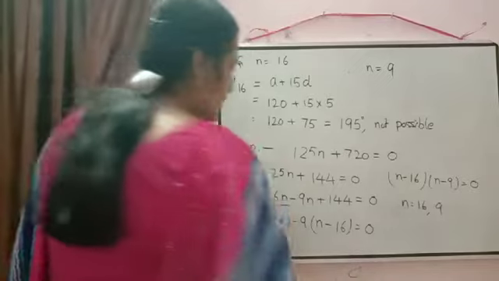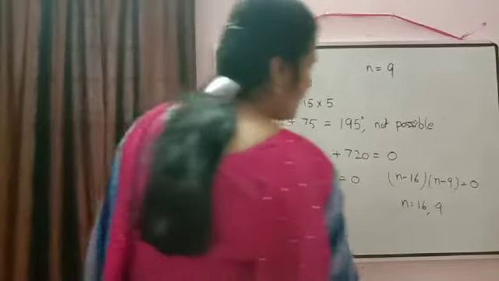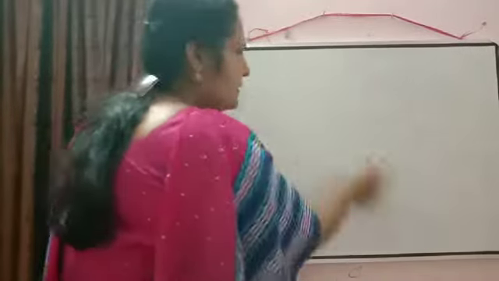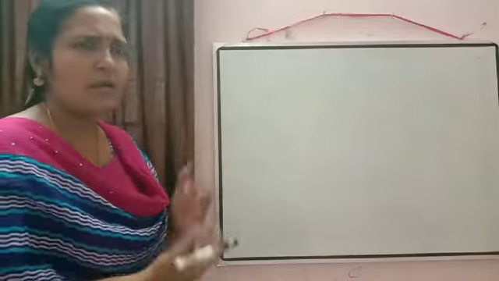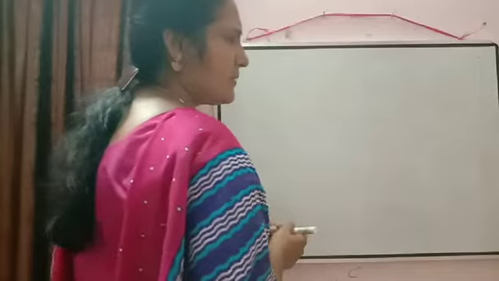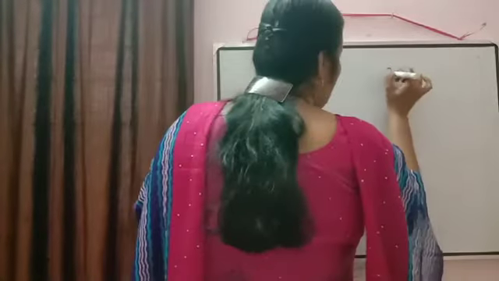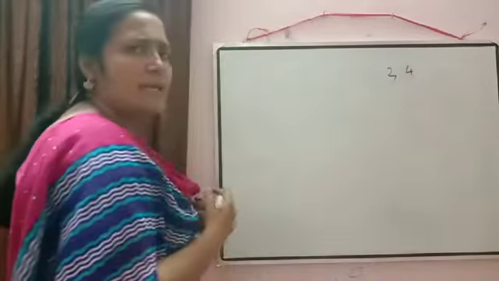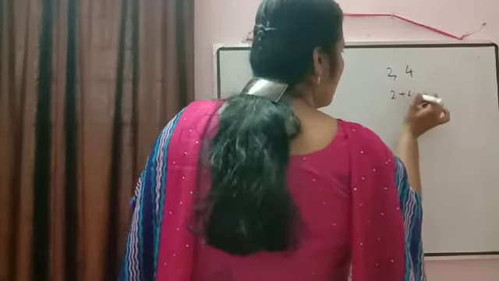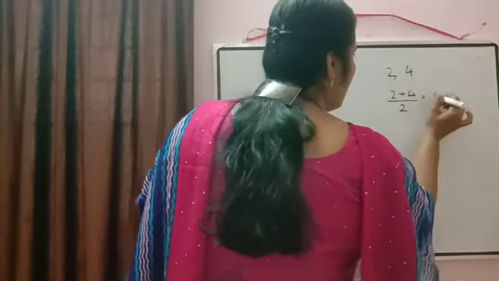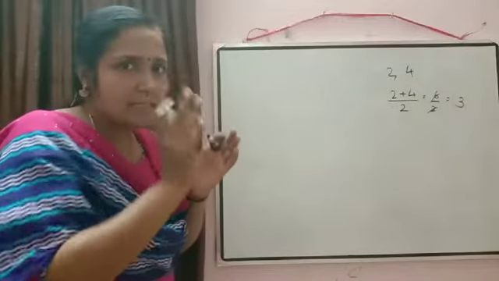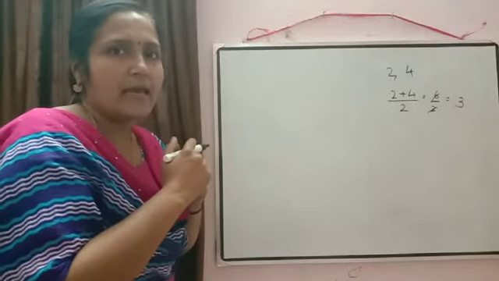Okay. Now we have to do one more question, but before doing that question, you should know the concept of arithmetic mean. You know how to calculate the mean of any two numbers, so we are just relating it to the concept of AP. Suppose two numbers are there, 2 and 4. How do you calculate the arithmetic mean of those numbers? That will be 2 plus 4 divided by 2. So 6 by 2 will be equal to 3. The arithmetic mean is the middle number which we are getting.